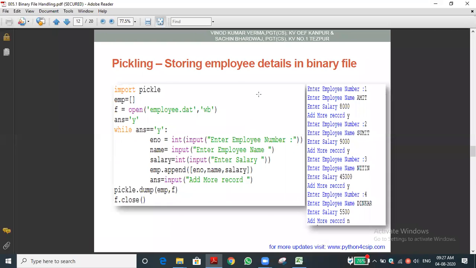So we have seen these programs, how to enter the data into the file and how to write into the file. How to write means using the dump function. The dump function is defined in the pickle module, so for that we need to import the pickle module. I am just showing a glance of the programs we have discussed.